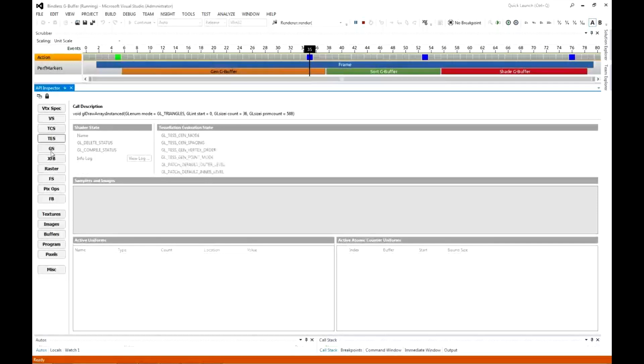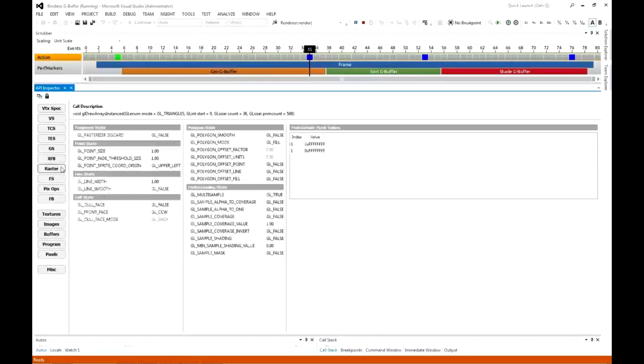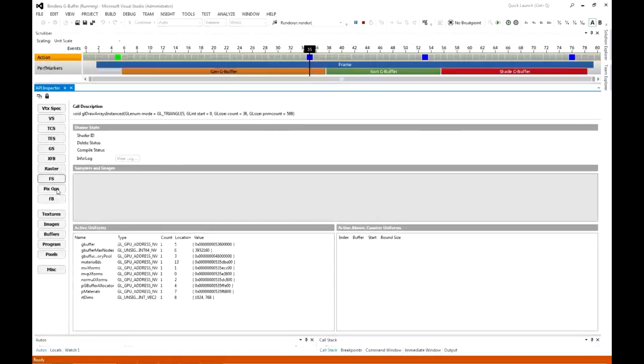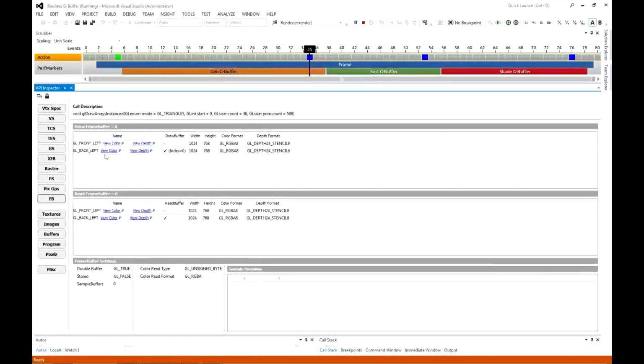If you're using tessellation, you have tessellation control and evaluation, then geometry shaders and transform feedback if you happen to be using those. Then you have all your rasterizer settings. So this is great for all of your multi-sampling state and your culling state, and whether you're winding counterclockwise or clockwise and things like that. Then you have all your fragment shader state. Your pixel operations, so how I have my depth and stencil set up, and my stencil operations, as well as what draw buffer states I have set up. My frame buffers, and I can look at my front and back buffers as well as my depth buffers. And then we can go through the different textures that you happen to have bound,